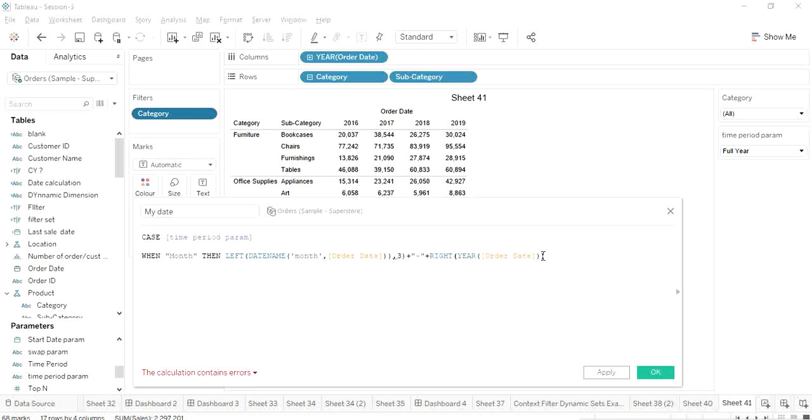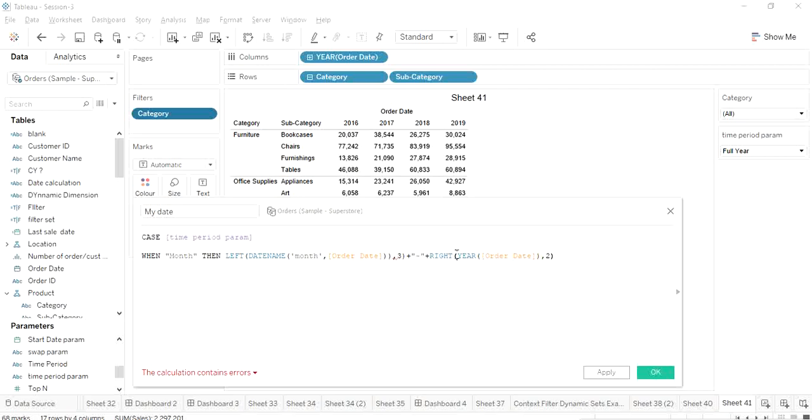Now my right function will ask, how many characters do you want to extract from the right side? I say 2. This entire portion now acts as a string, because the right function takes a string and the number of characters. So the entire year of order date works as a string here, and from that output I'm going to extract 2 values from the right-hand side. Since I know that left and right functions work with a string, and year returns an integer value,